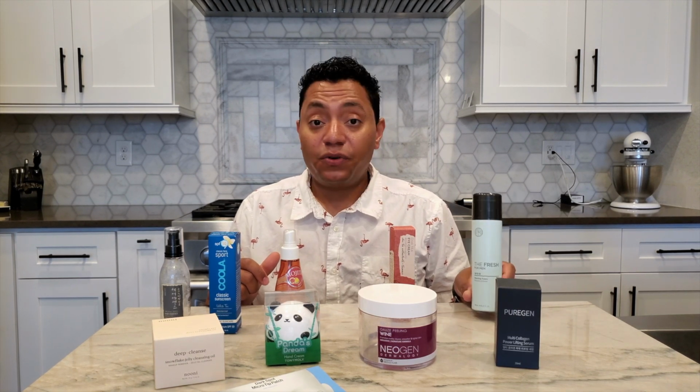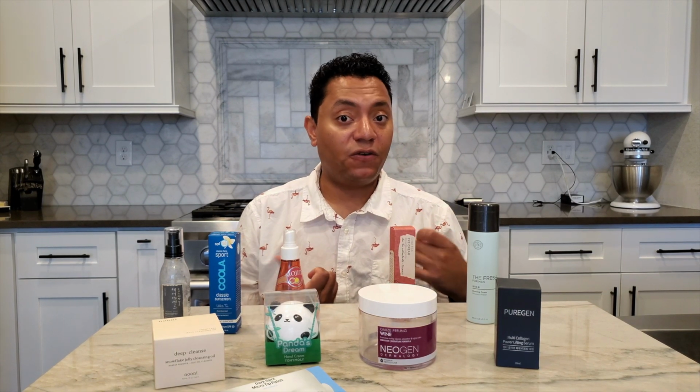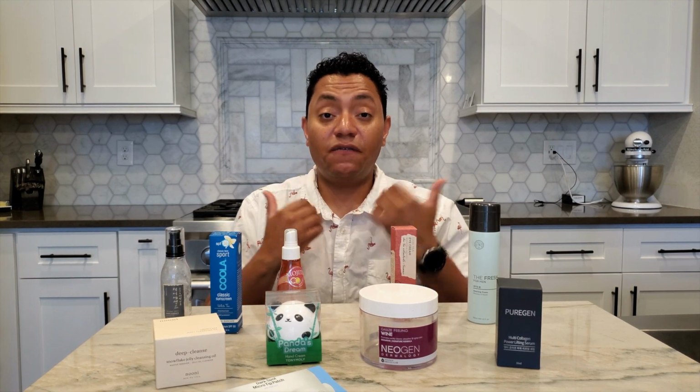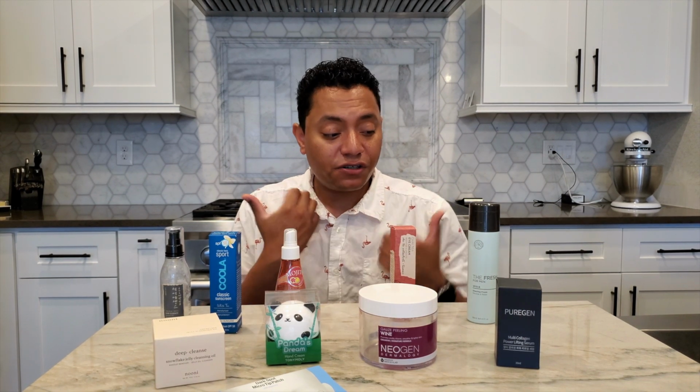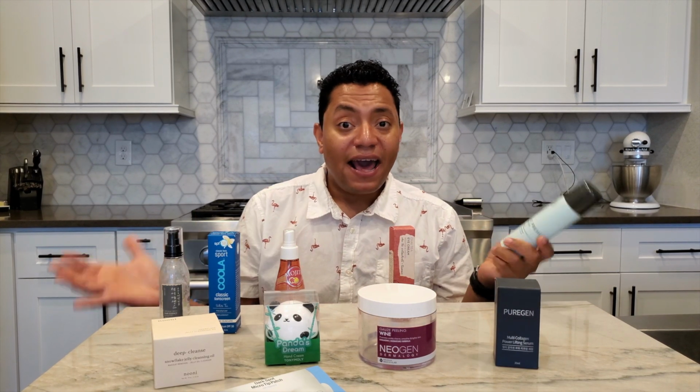I mean, it did a really good job of foaming up. I don't grow long facial hair, I just kind of have stubble, but I try to get rid of it every few days. So it did an okay job of lifting those hairs from the surface of the skin to make a cleaner and easier shave. I didn't notice any irritation from this product,